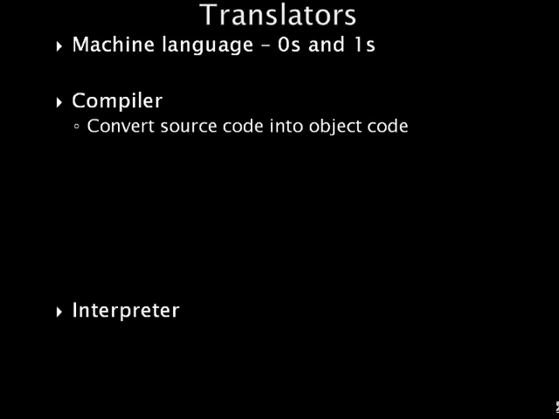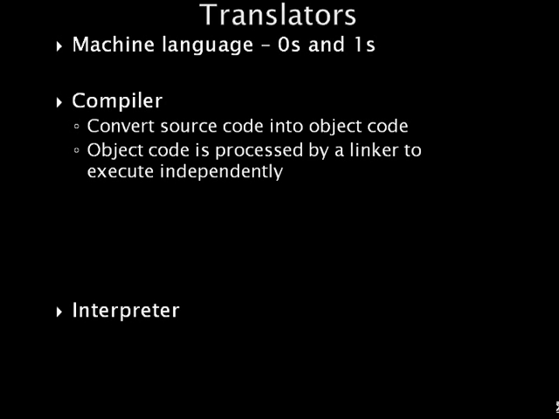The object code can then be processed by a linker, which will link the object code with some other object file to allow it to execute independently. If there are any errors during the compilation process, a list of errors are generated, else the program is available for the linker to make an executable file out of it. Hence, a compiler translates the entire program into machine language before executing any of the instructions.